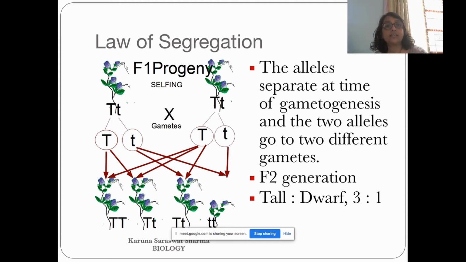What is segregation of alleles? One cell having capital T, small t, okay, and when there is separation of the chromosomes in the meiotic division during the gamete formation, then you will see that first it is the homologous chromosomes, they separate, and since the homologous chromosomes are separating, we have capital T on one of the chromosomes, small t on the other chromosome, and when they separate, we get a capital T separated from small t. That means the alleles have separated. Let me explain this to you.